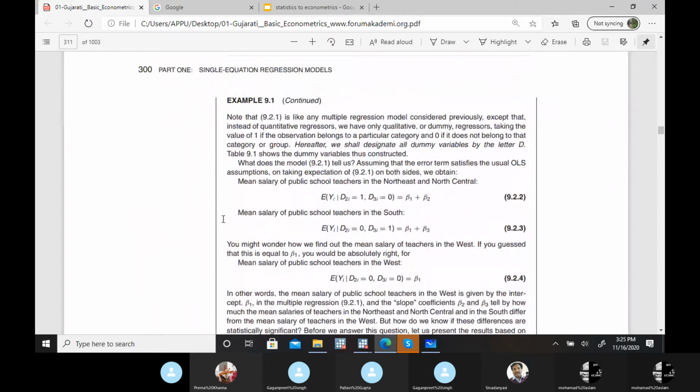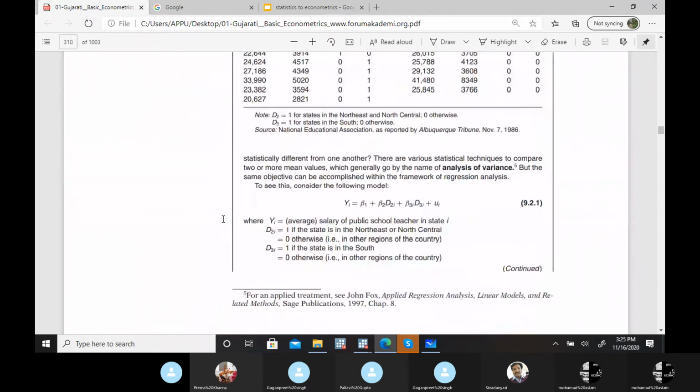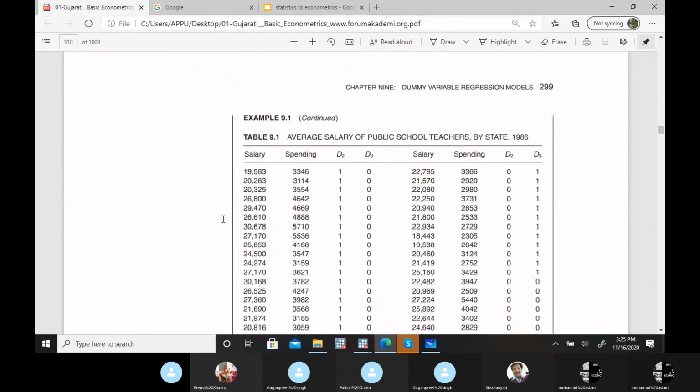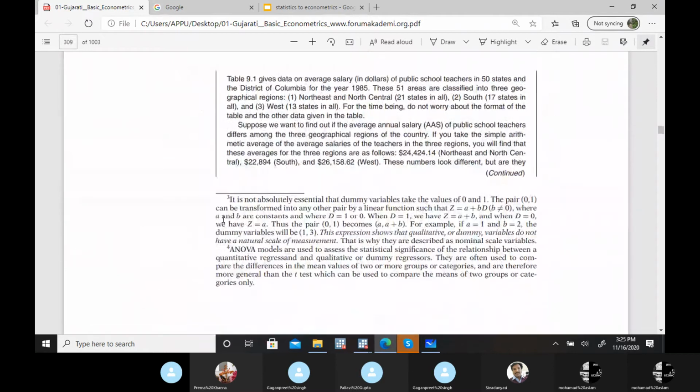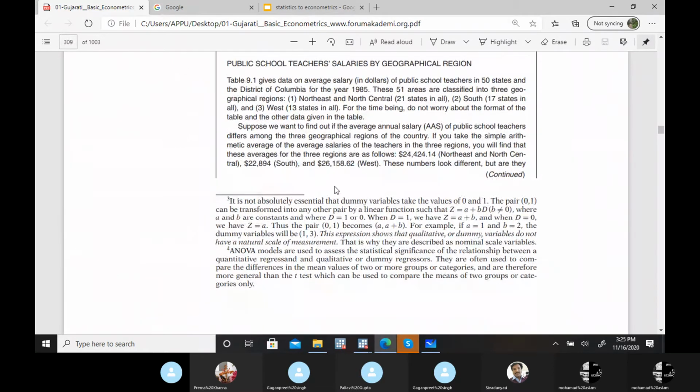Like what they did here, before introducing the dummy variable they first calculated simple averages, and anyhow they are convinced that there is some big difference in the West, or there might be a social group, where you might have been convinced that there is a particular group whose results are totally different from other groups. Then only you have to use that as a benchmark category.